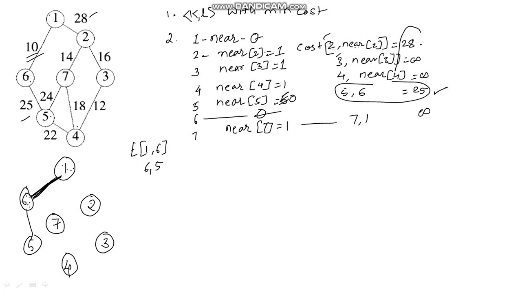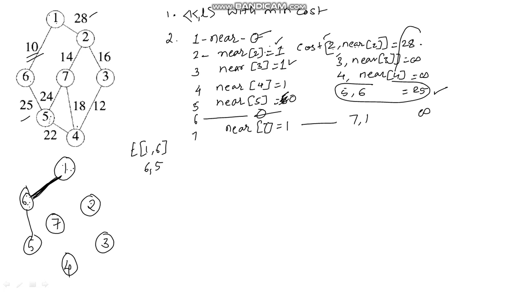Then what we have to do is update these near values. For all those vertices for which the near is 0, we will ignore them. For all others, we will update their near. We have to check whether 2 is near to the previous one or the newly added vertex. Previously 2 was near to 1, and the newly added vertex is 5. So 2 1 is 28 and 2 5 is infinity. So near of 2 will remain 1 as it is. Near of 3 was 1, which was infinity, and the currently added vertex is also infinitely far from 3, so we'll keep that 1 as it is.